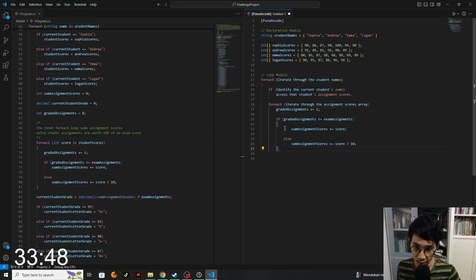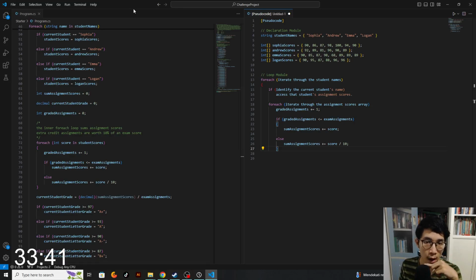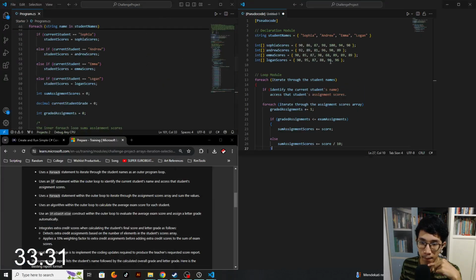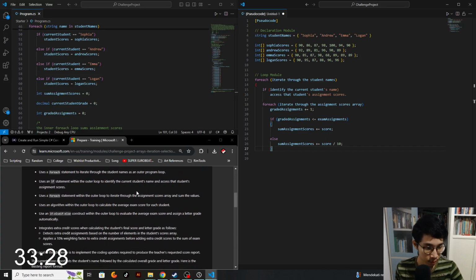I think I got wrong here. Mm, all right, like this. Use a for each statement within the outer loop to iterate through the assignment score array and sum the value. Use an algorithm to calculate the average exam score for each student. Okay, I did that. Use an else if construct within the outer loop, the average exam score, and assign a